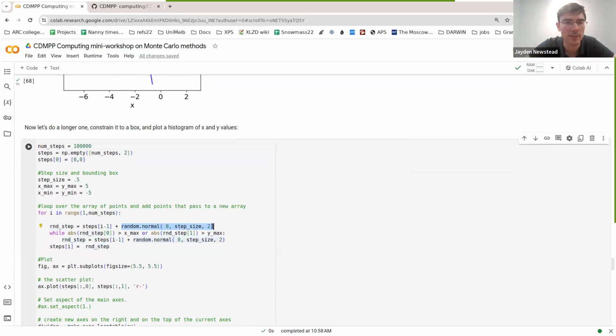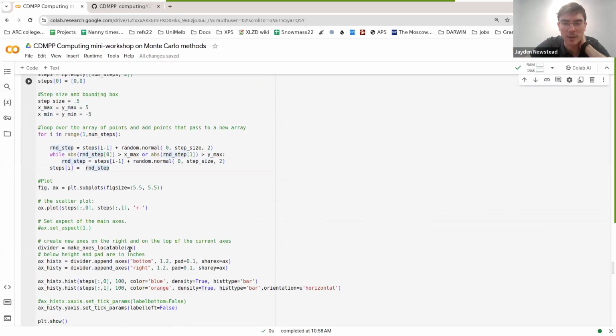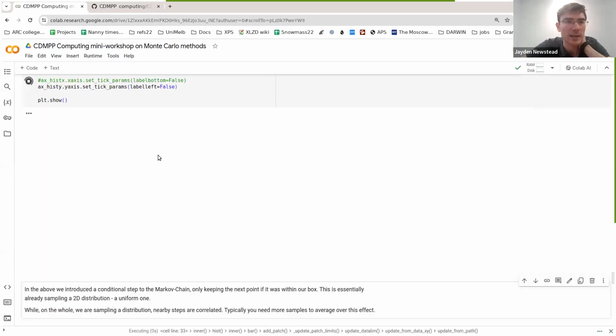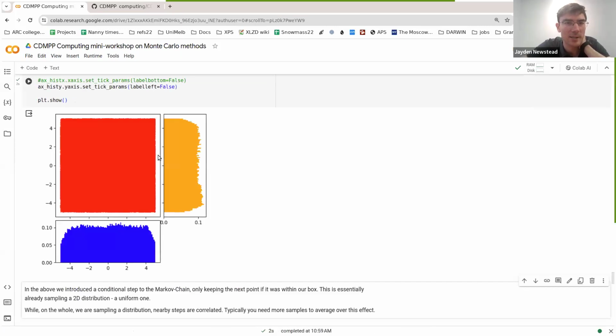We create a random step. But what we're going to do is say if that step's outside the box, outside some X max or Y max, then we won't accept it and we'll try and take another random step. So it's a very simple addition, and that should keep it within a box. So we'll take 100,000 steps and see what that looks like. So now we've visited the box everywhere, you can see, between -5 and 5. And when we plot histograms of that,